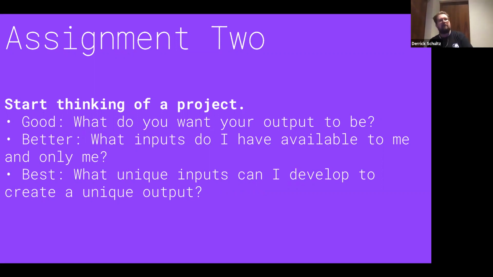A better way to think about it, that I would encourage, is: what are intrinsically the inputs that I have available to me? So Scott Eaton was an effects artist, meaning he has access to 3D rendering tools. He has access to a photo studio to do high resolution photos of artists. And he's an amazingly skilled figure drawing artist. That's his skill set. So start to think about what your skill set is, and whether there are ways it can fit into some of the models that I've shown you today.